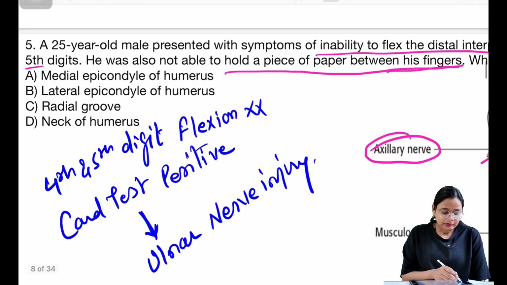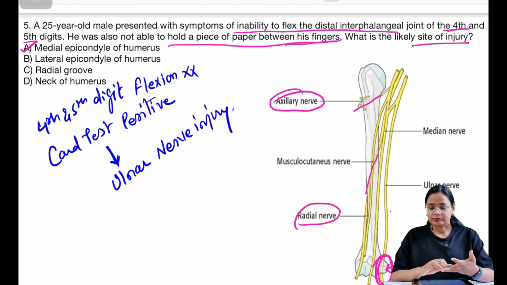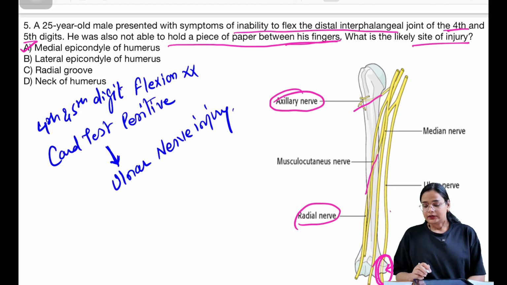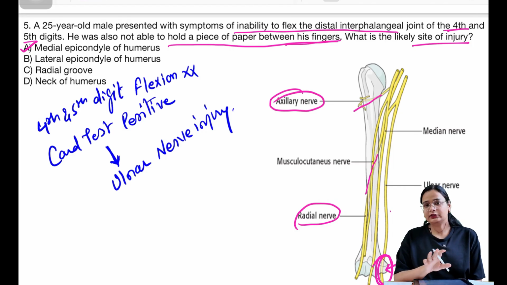So the answer will be medial epicondyle of humerus. Okay, ulnar nerve will supply flexor carpi ulnaris muscle. It will supply medial half of flexor digitorum profundus, hypothenar muscles, and it will also give sensory sensation to medial 1.5 fingers or digits. Okay, and also it will supply all intrinsic muscles of hand except first and 2 lumbricals